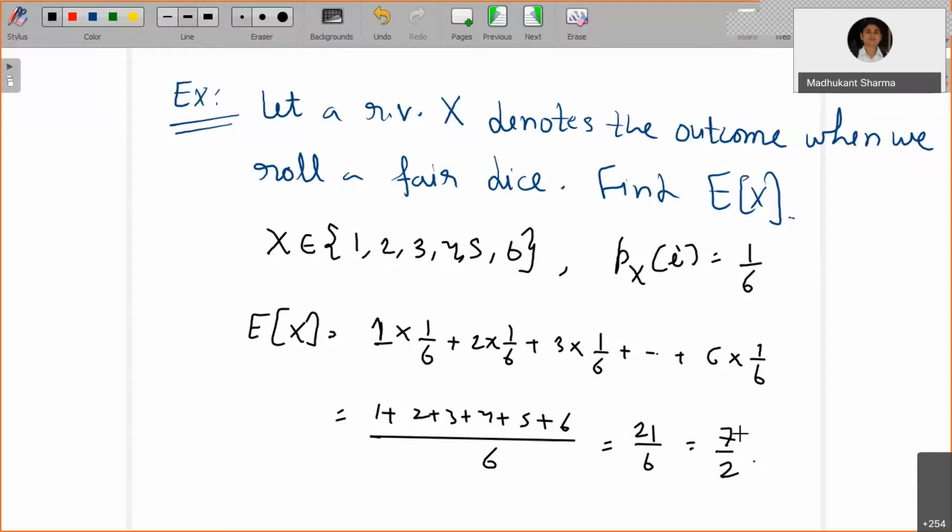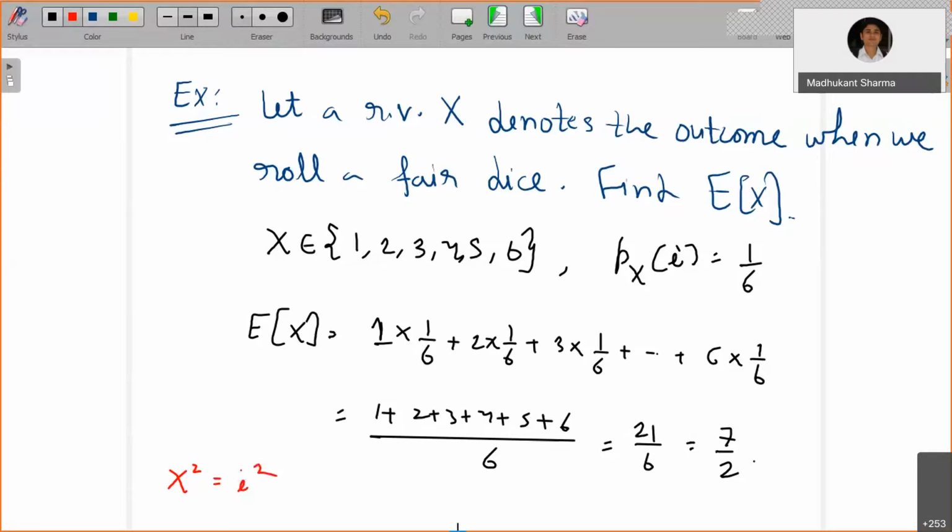Okay, right. So now, suppose sometimes you may not be interested in x only. You may be interested in x square, x cube, and so on. How do you define the expected value of those random variables? Before going there, I can certainly tell you here itself what you mean by x square. x square is like a function only. x square is x into x, means squared every entry.